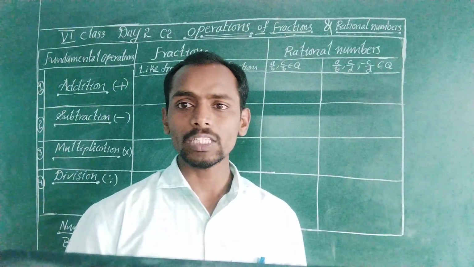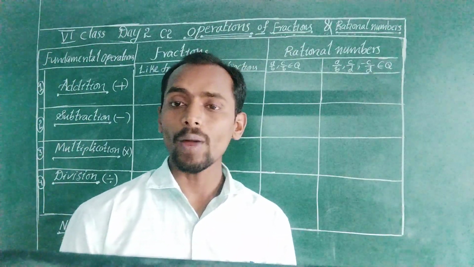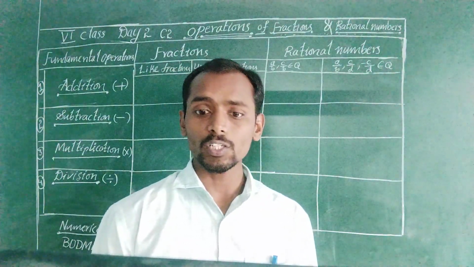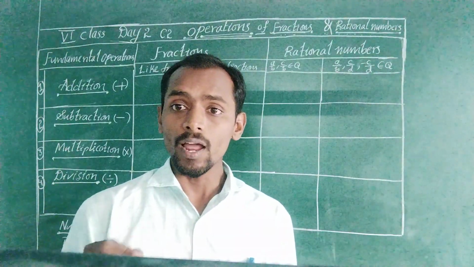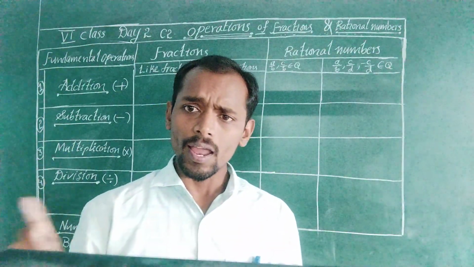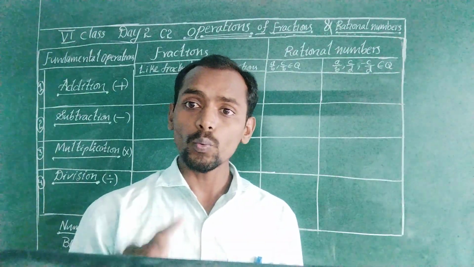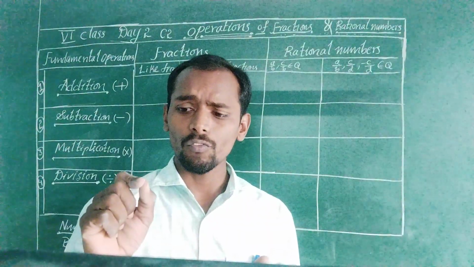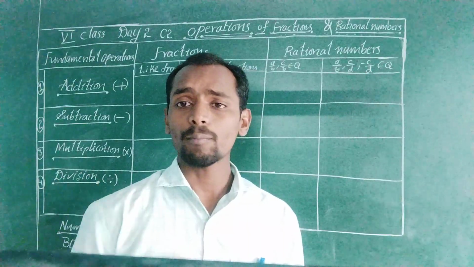There are three methods. First one is the mean method. Second, when x and y are integers, you have to multiply both integers, x into (n plus 1) by (n plus 1) and y into (n plus 1) by (n plus 1). The third one is when the given numbers are two rational numbers, you have to find out the formula d equal to (y minus x) by (n plus 1).